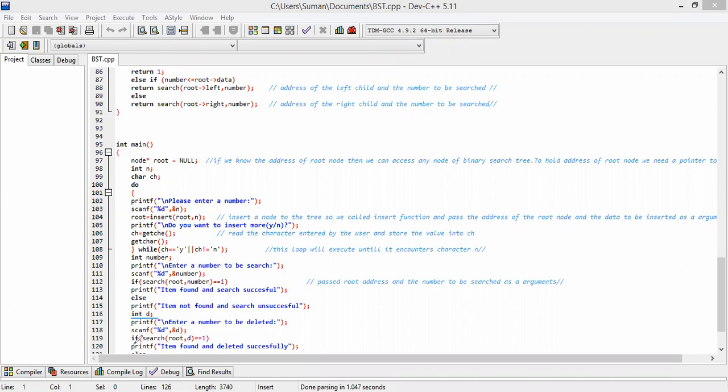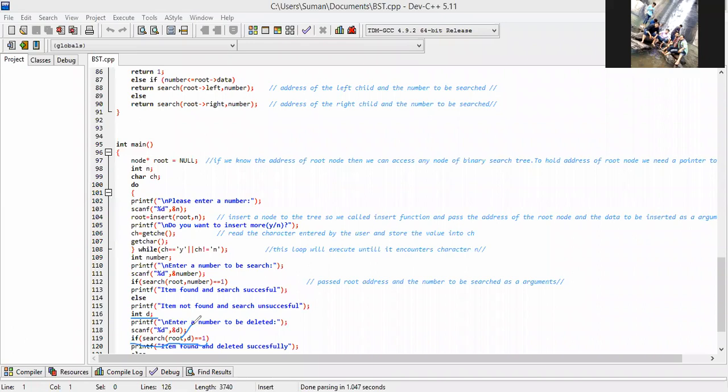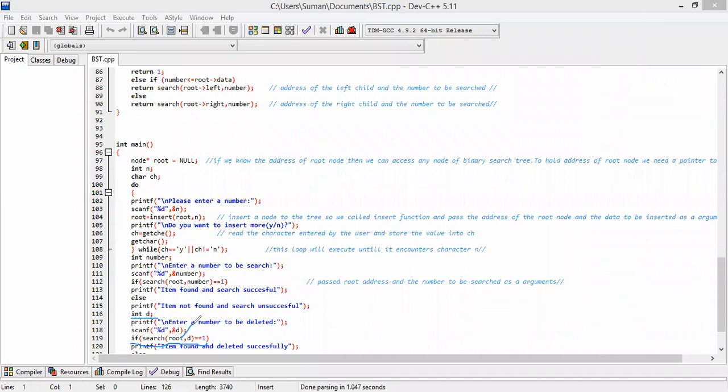And then there is the condition: if search(root, d) equals 1. In the search function we first have to search whether the value is present or not. If the value is present, then only we can delete it. Otherwise, we will not be able to delete it.